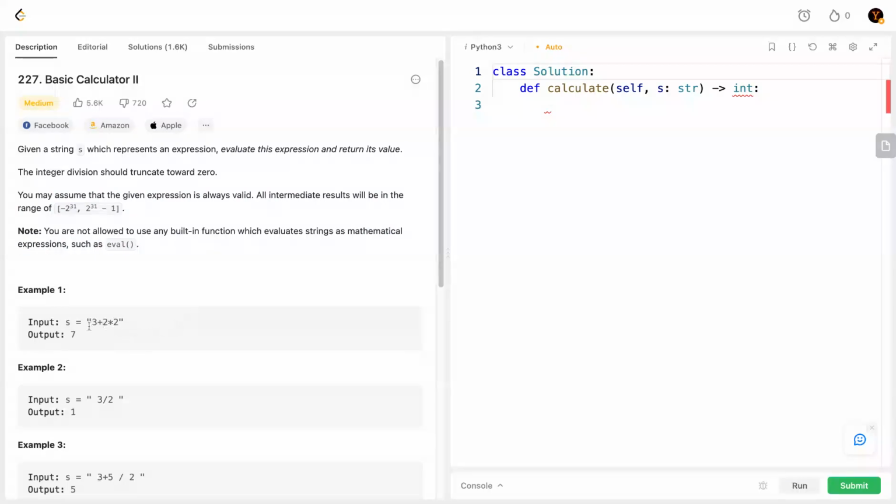So for example, if it's 3 plus 2 multiplied by 2, then we evaluate 2 times 2 first, which is 4, and then 3 plus 4 is 7. For the input, there will only be numbers and the operators plus, minus, multiply, and divide. There may be spaces in between, but we can ignore them. The good thing is there are no parentheses in the input string, so it will simplify the problem